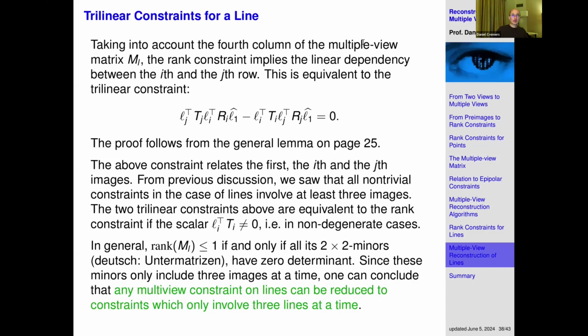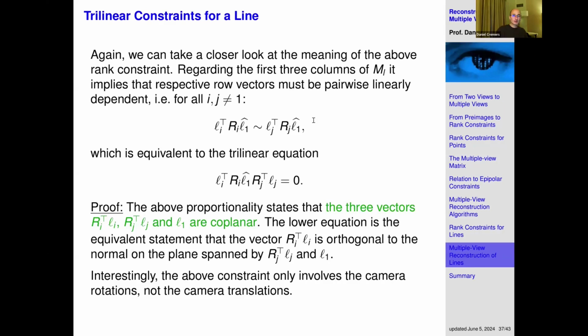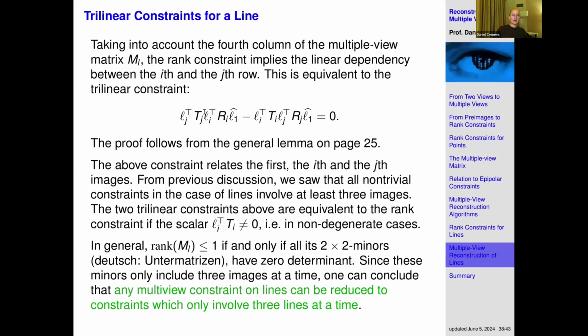But then, taking into account the full multi-view matrix and also its 4th column, we can derive trilinear equations that always involve triples of lines and rotation and translation. So basically we have 2 constraints that we can derive: a trilinear equation that only constrains the rotation, and another one that constrains both the rotation and translation. And that is in fact from the same lemma, with this two-column matrix having rank 1, you have the same trilinear